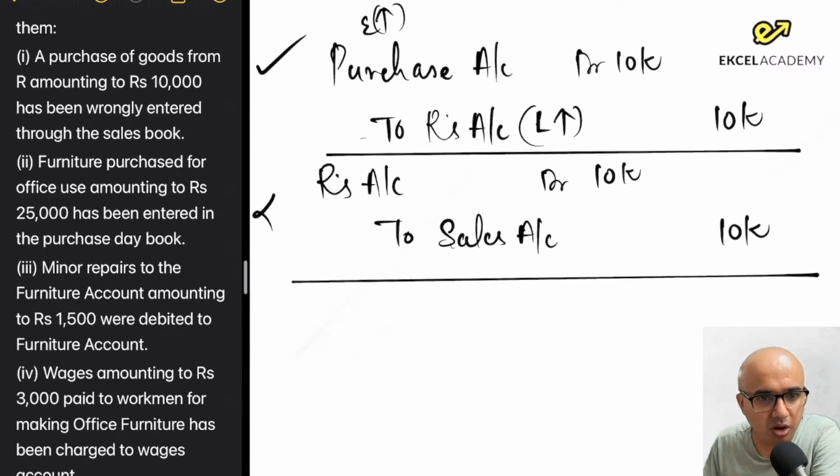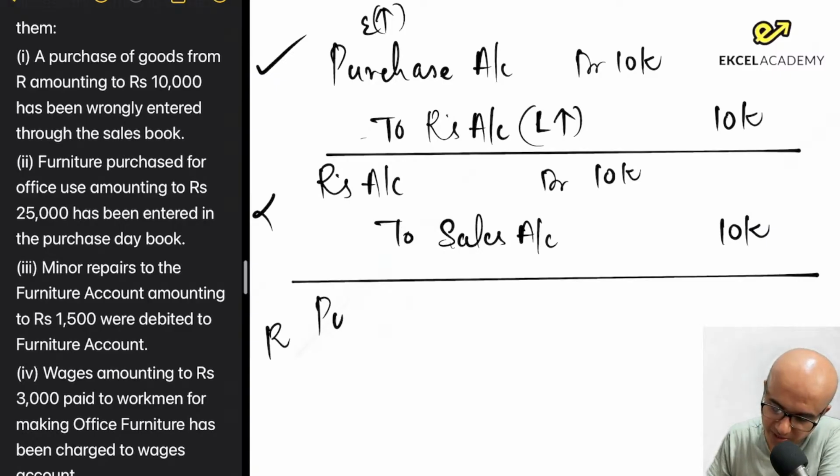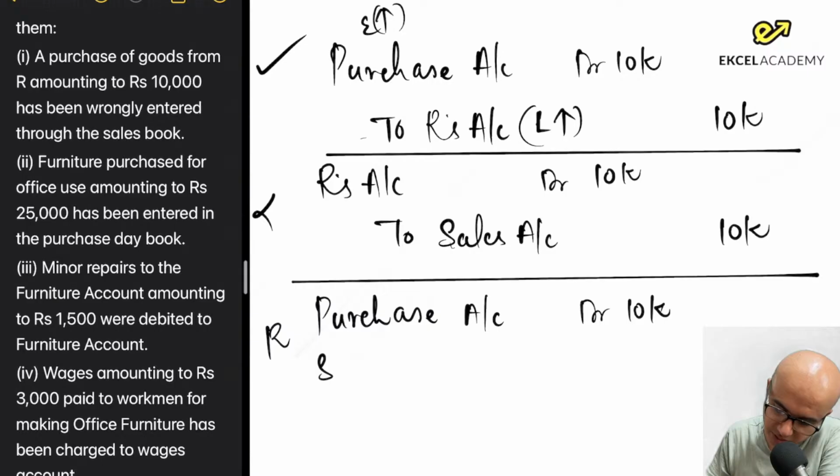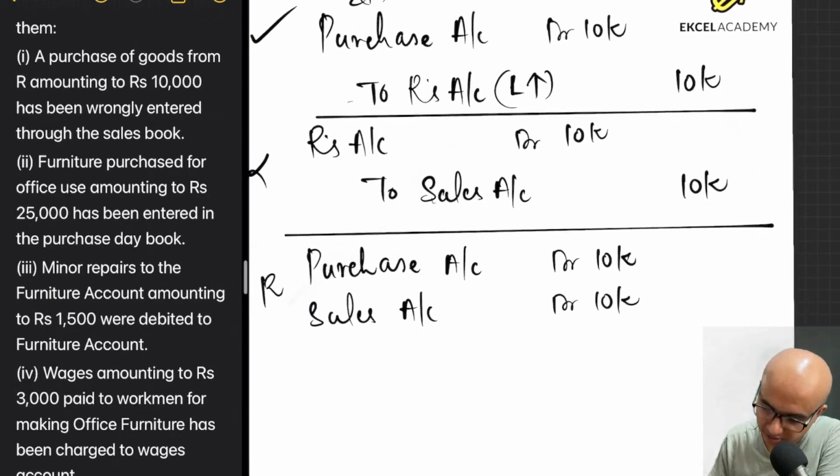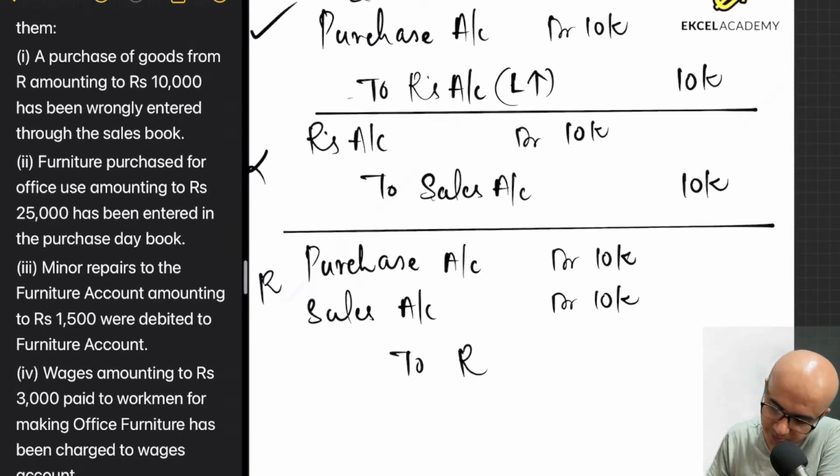So now how do we rectify this error? One is of course a wrong debit given to R and wrong credit given to sales. That has to be reversed, and at the same time purchase should be debited. So let me rectify this. Rectification entry would be purchase account debit 10,000, sales account debit again 10,000. So this is nothing but reversal of earlier wrong credit, to R's account